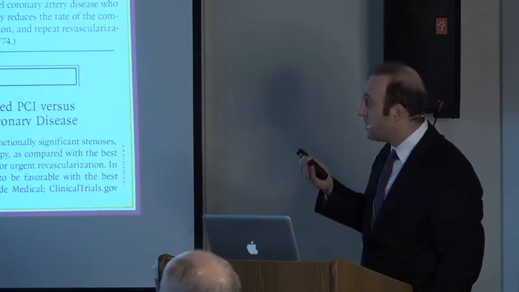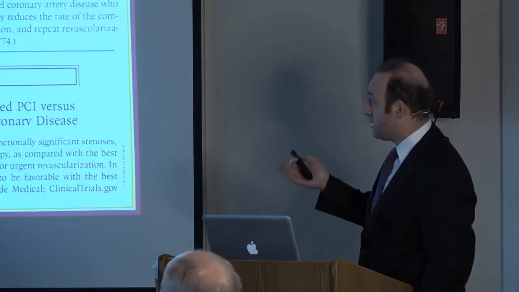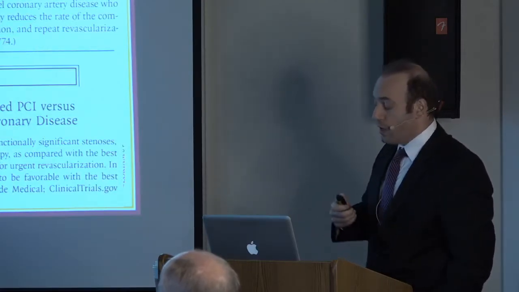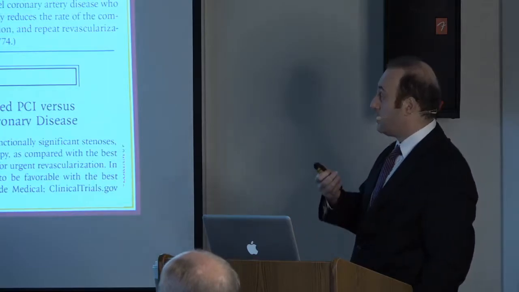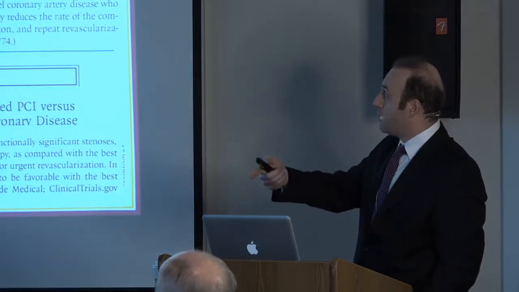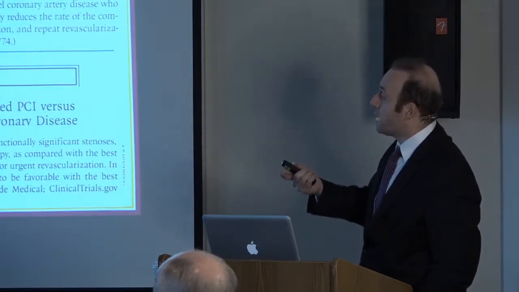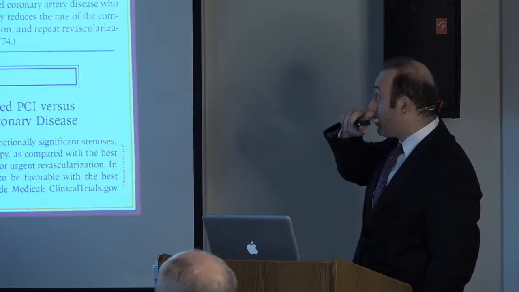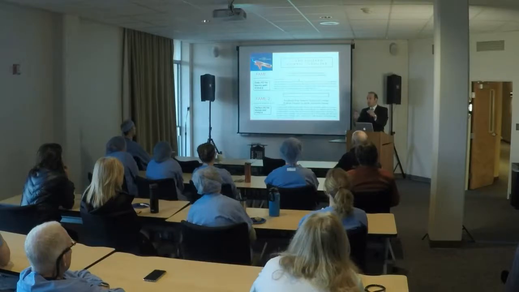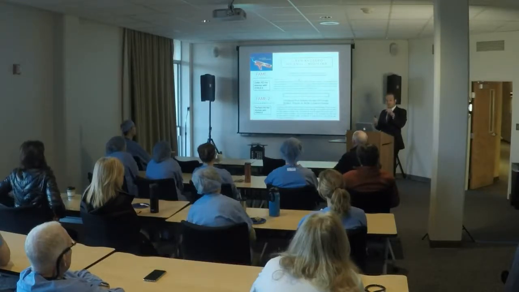So one technique that we can use in the cath lab, traditionally, is called FFR, fractional flow reserve, where we perform the invasive coronary angiogram, we identify an intermediate lesion, we then thread a pressure wire distal to that lesion, we induce maximal hyperemia, we assess the pressure distal to that lesion, we compare it to the central aortic pressure. And if that ratio is less than 0.8 or 0.75, depending on the literature you're reading,